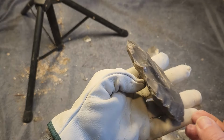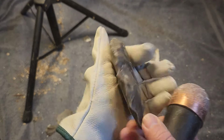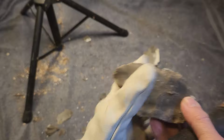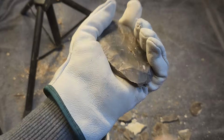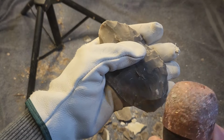Now, sometimes I do it to be a wise guy, to be funny. Sometimes I do it because I'm sincerely thinking it's a stone when it's not, because I don't know everything. But most of the time I try to figure it out, and I hope I don't guess too much